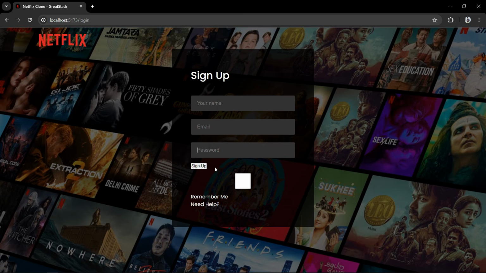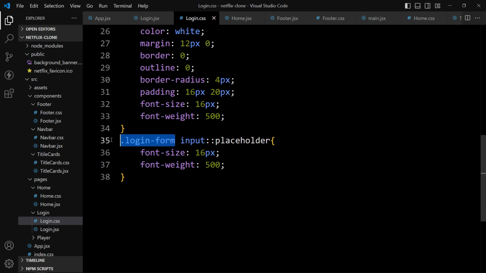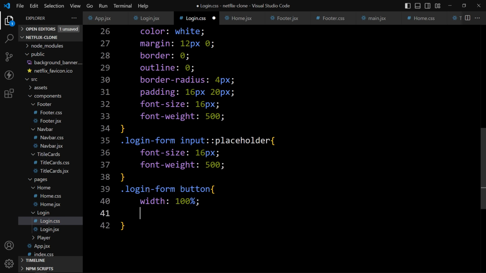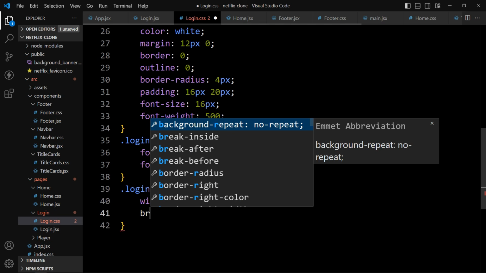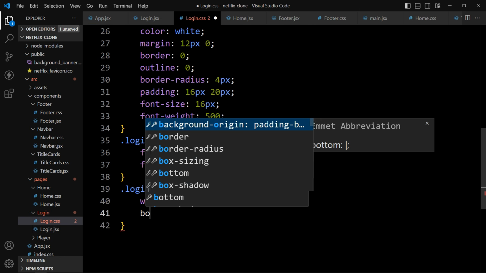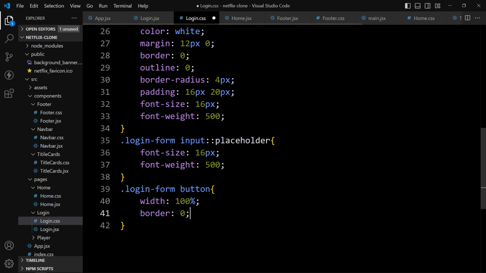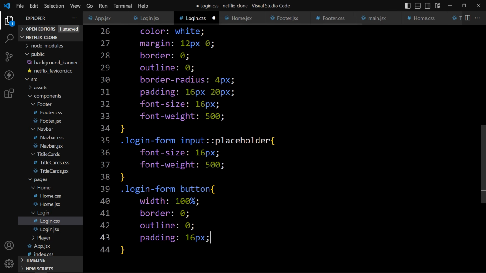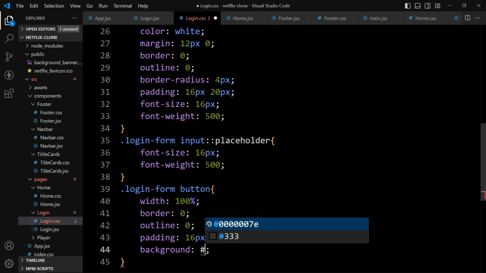Next we will add the CSS properties for this sign up button. So just come back, we will add this class name login form, then button tag. So for this button we will add the width, then we will add the border 0, outline 0, then we will add the padding, then we will add the background, and in the background we will add this color code.